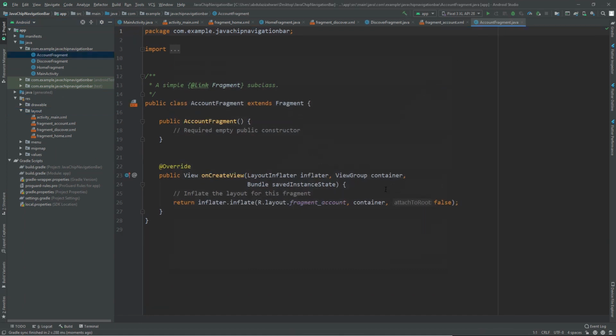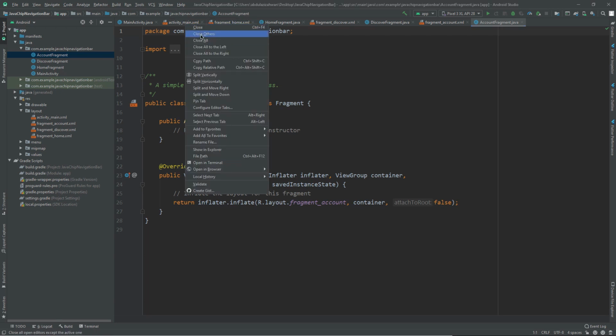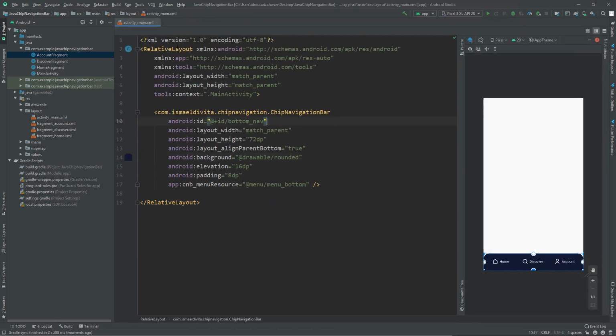Alright, so we have three fragments: home fragment, discover fragment, and account fragment. And we need to close all and just open our activity main.